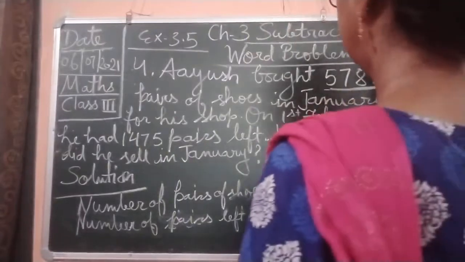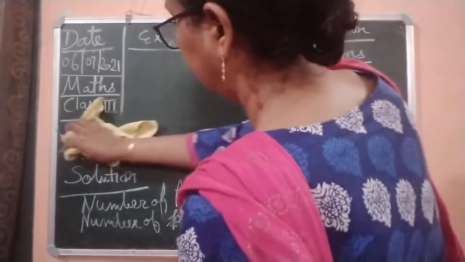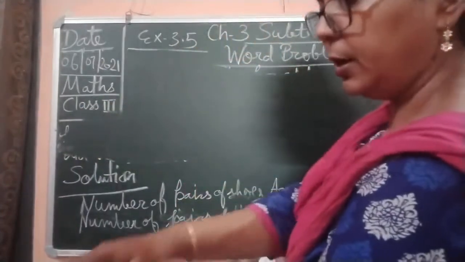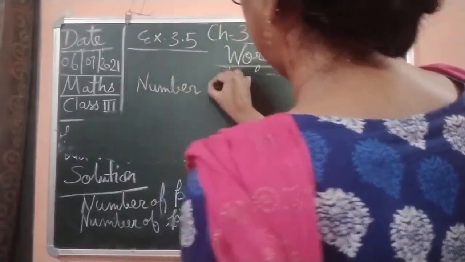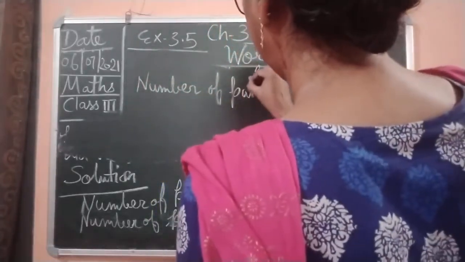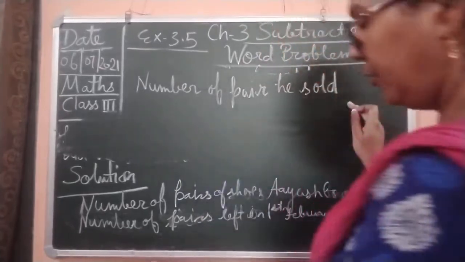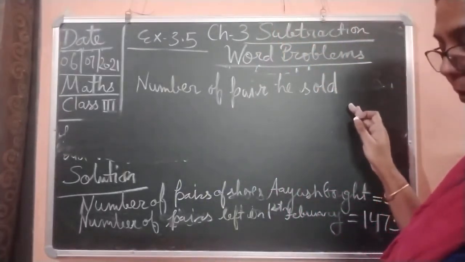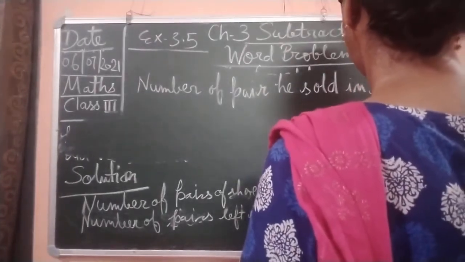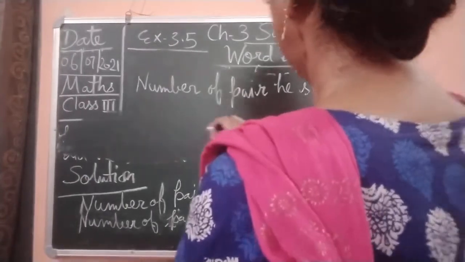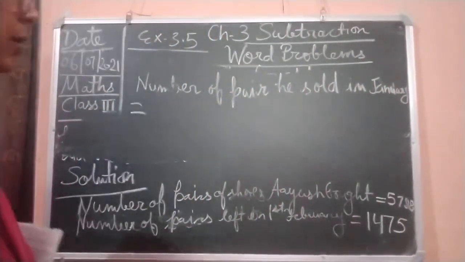You just write it down, and now we are going to write the third line. Okay, third line, number of pairs he sold, number of pairs he sold in January, equal to. See, to take this out, what we will do first, we will write